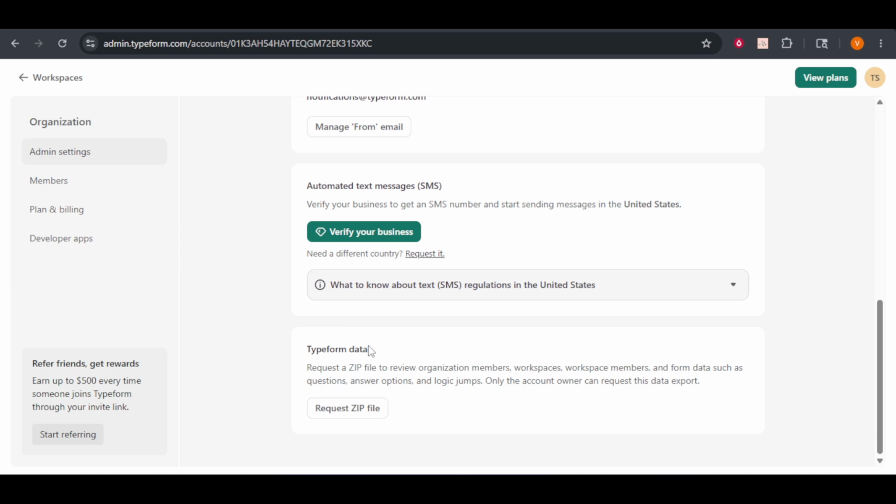Within the Data Portability section, you will see a prominent button that is labeled Request Zip. Go ahead and click that button to initiate the backup process. Typeform will then begin preparing a compressed file containing your workspace data, which will be sent to your registered email